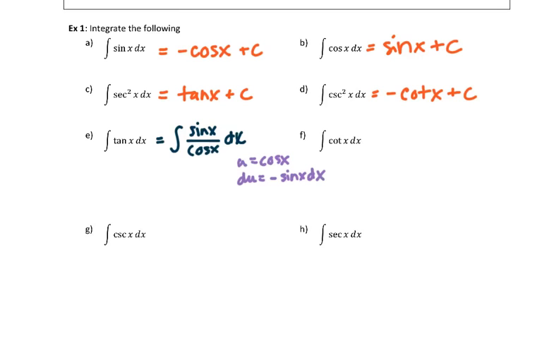Now we're going back and forth. That's where things get interesting. So if we solve, here we have just plain sine x dx. We don't have a negative with it. So we're going to divide both sides by a negative and get negative du equals sine x dx. So when I rewrite this, I'm going to get